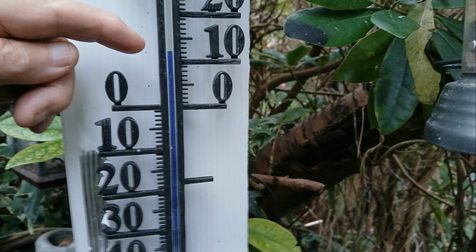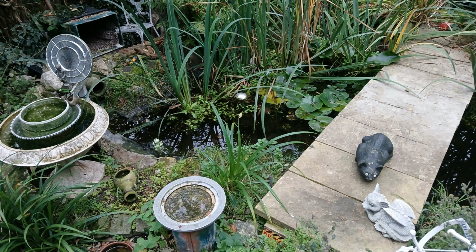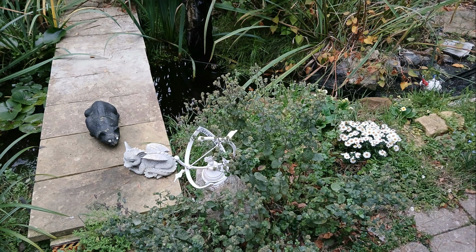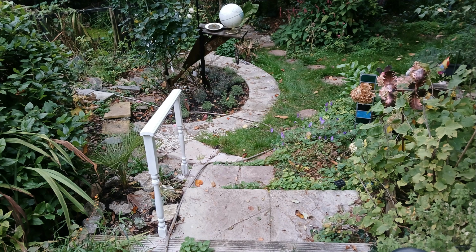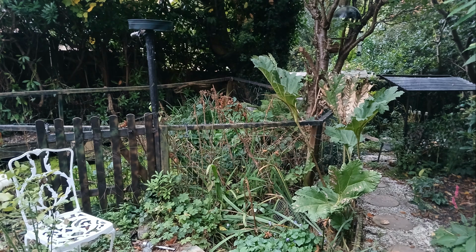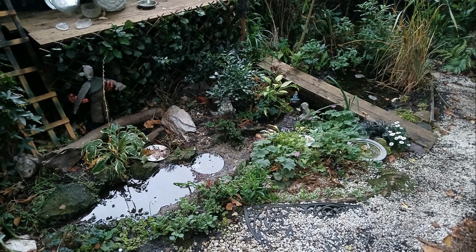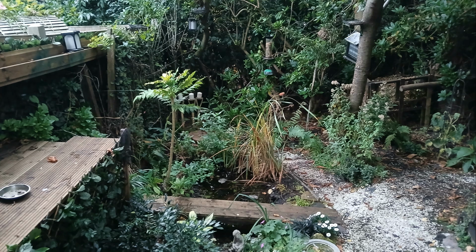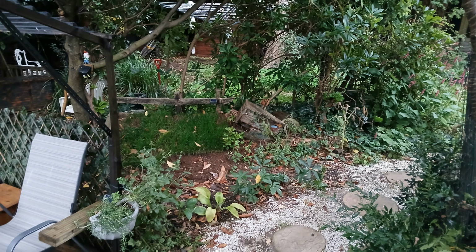Temperature's not too bad, 12 degrees centigrade. There's no wind to speak of, which helped a lot. So, a few more snaps. Now, I think it's getting later in the evening, so obviously the evenings are drawing in now. So I was relaxing down there and